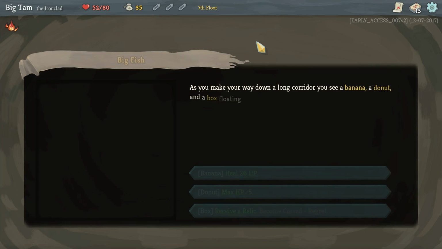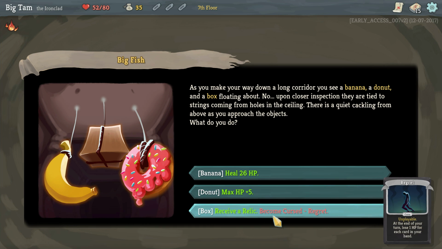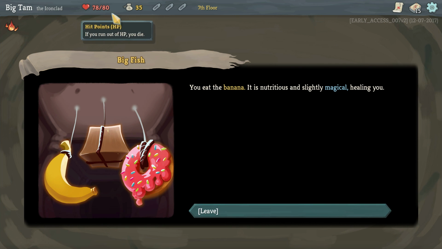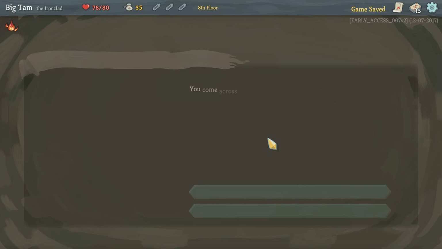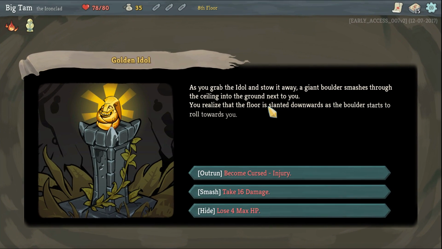Question mark. What do we have? The big fish. So, they're trying to fish us with donuts and stuff. Regret. At the end of your turn, lose 1 HP for each card you have in hand. Nah. So, do we go the banana, the donut, or the box? Probably the banana, to be honest, because that makes up for the lack of camp that we had last time. And then maybe something good. Ooh. So, the golden idol, more money from encounters. I think we'll do this and then we'll take the...